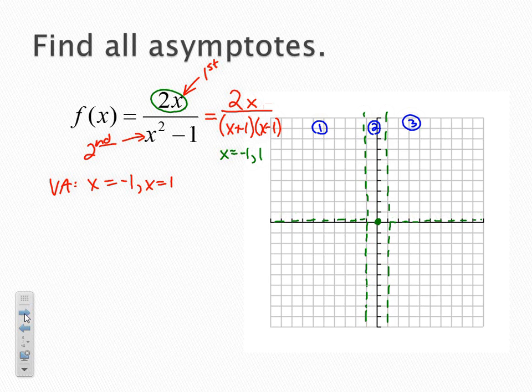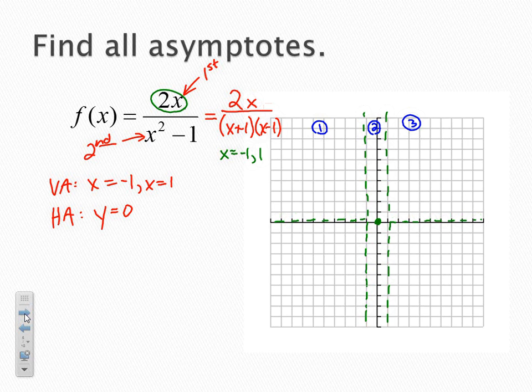Okay? Our horizontal asymptote in this problem is y equals 0. And again, that's because the degree of the denominator is larger than the degree of the numerator. All right, so now we've got all that information graphed. We've got our asymptotes, our intercepts. Now what we're ready to do is plot some points and help determine what this graph is actually going